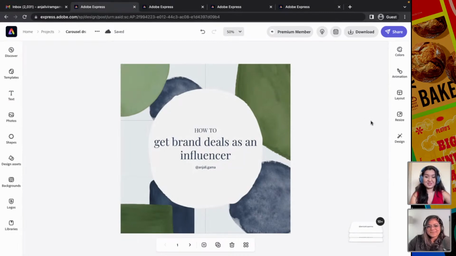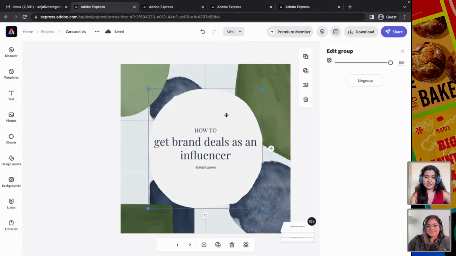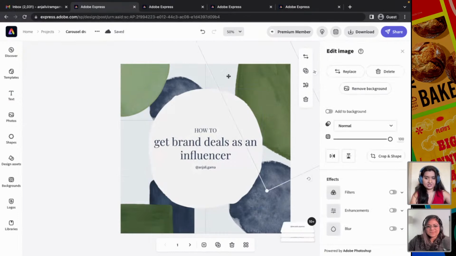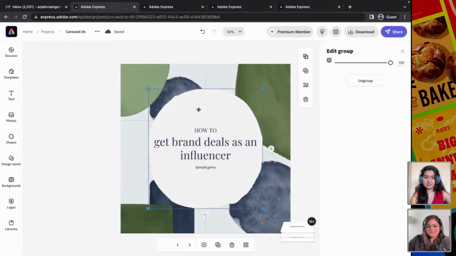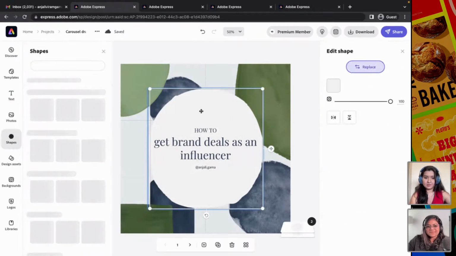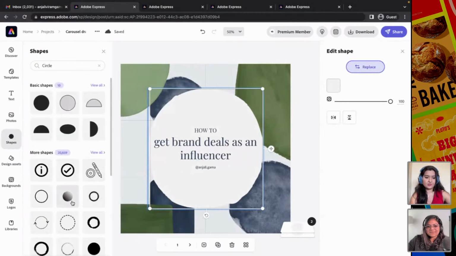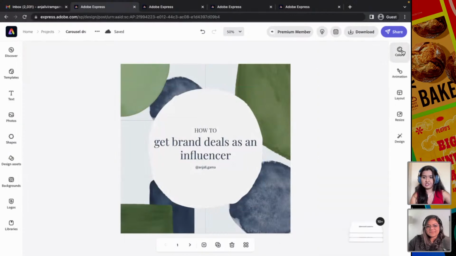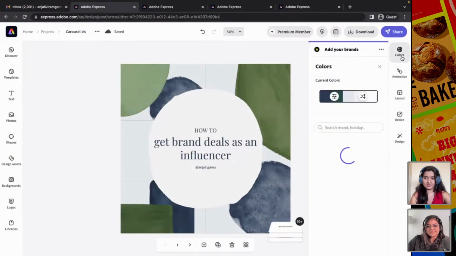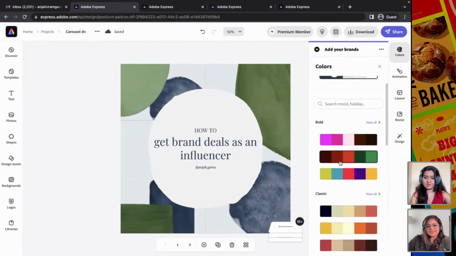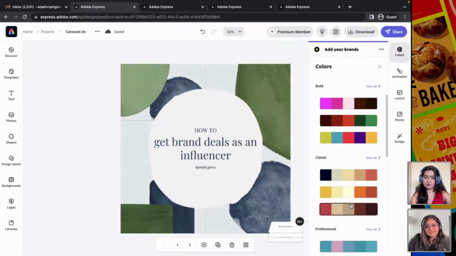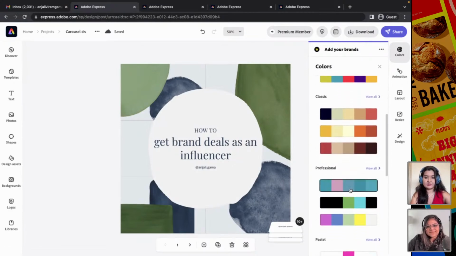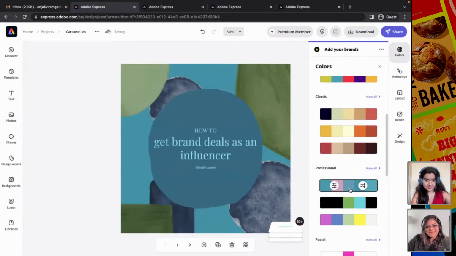Yeah, definitely. So as you can see, I could easily change the text here. Now, what if I want to change the colors around here? I can always double tap on this, completely replace the circle with a different shape. But if I want to just stick to it and just change the colors here, I can go to the colors palette here. And as you can see, there's a lot of options. You have bold, classic, professional. Let's say I want to go with a professional color. I can do this. And it just naturally kind of